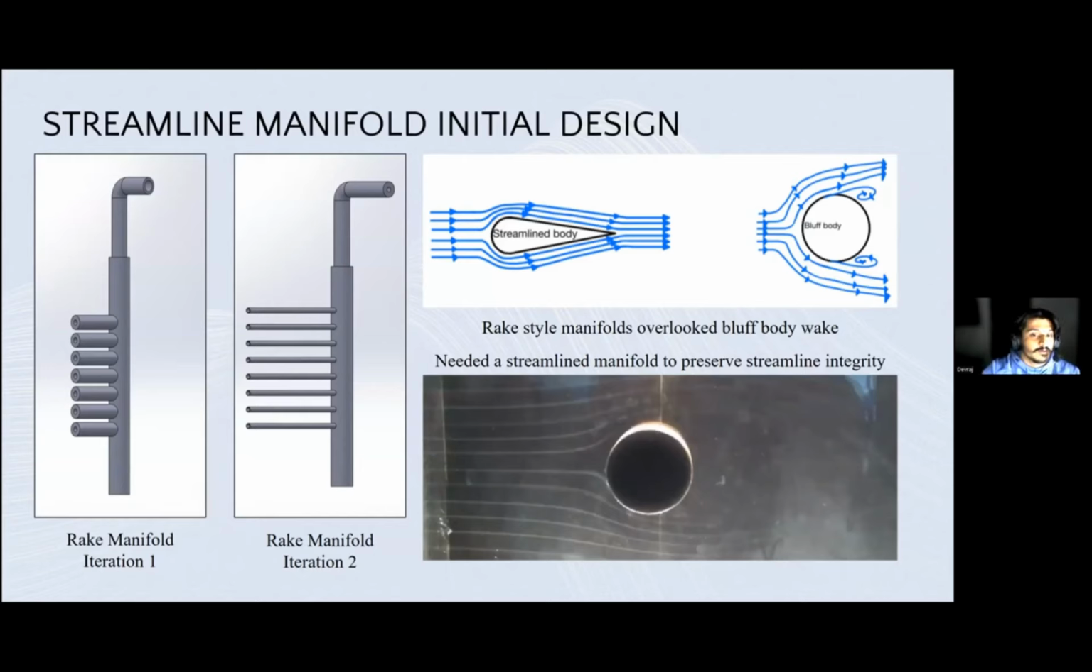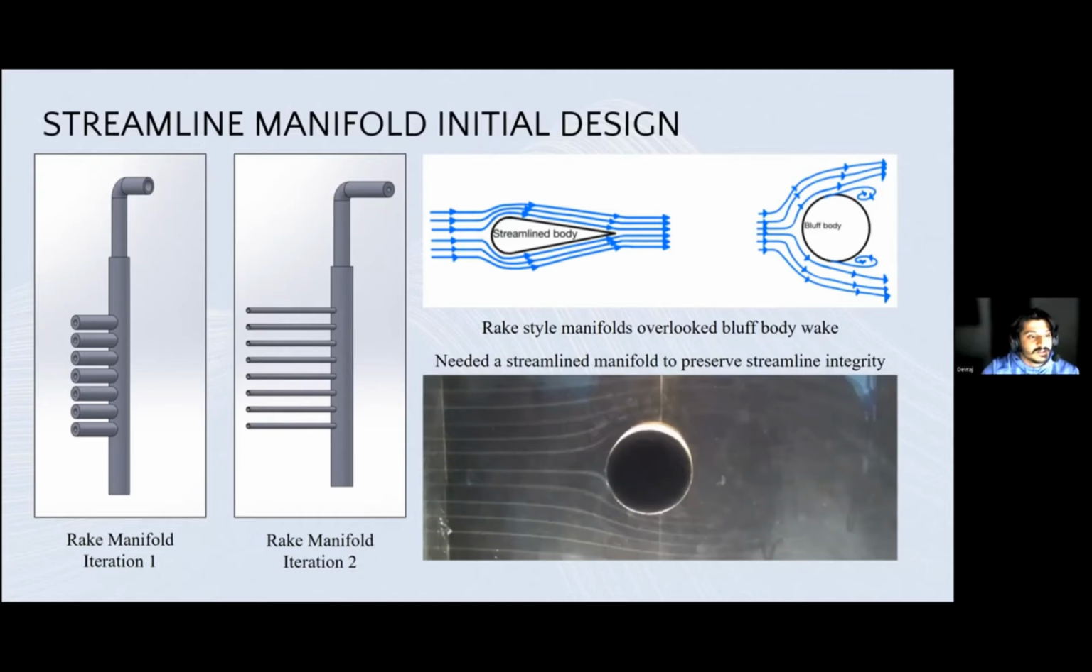unusable for accurate visualization. If you look at the bottom right picture, if the streamlines began at the back end of the cylinder, they would appear chaotic and unrepresentative of the actual flow due to wake effects. And you can see on the diagrams on the top right that they show the wake of both a streamlined body and a bluff body. And the whole point of the manifold is to preserve streamline integrity because it's upstream of the airfoil model in the test